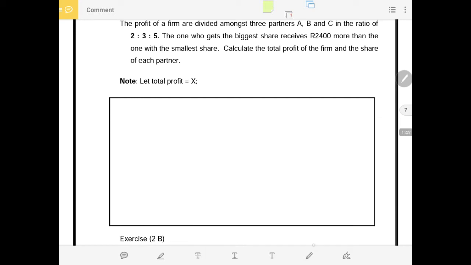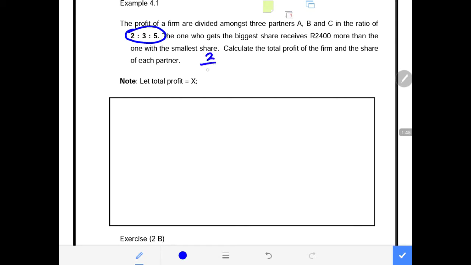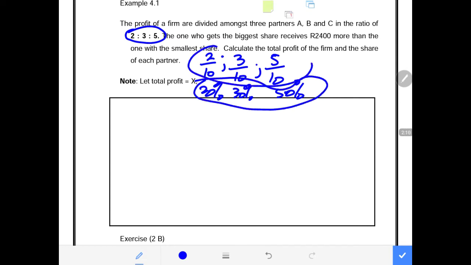And now I want to highlight the fact that the ratio of 2:3:5, in other words, is 2/10 for A, 3/10 for B, and 5/10 for C. So now we also know that 2/10 is 20%, 3/10 is 30%, and 5/10 is 50%. So this is the percentage share, which is the same as the share of the ratio. So either this is expressed as a percentage or this is expressed in the form of the ratio, you will still get the same